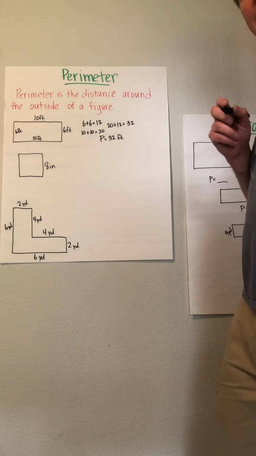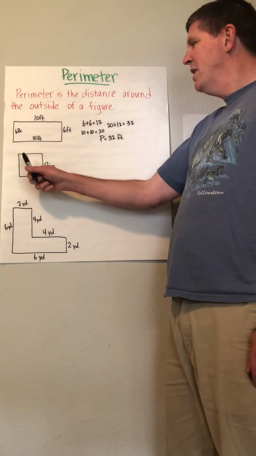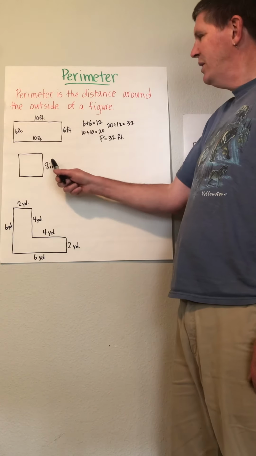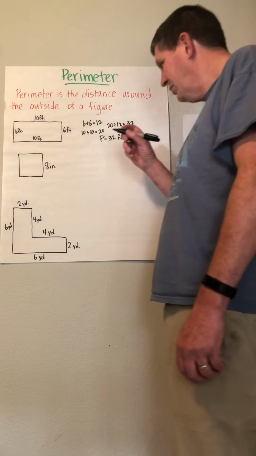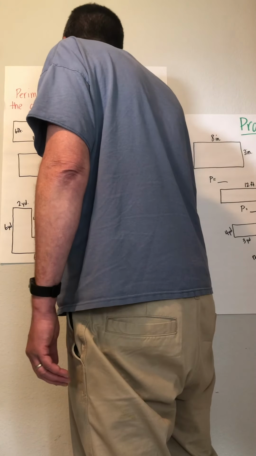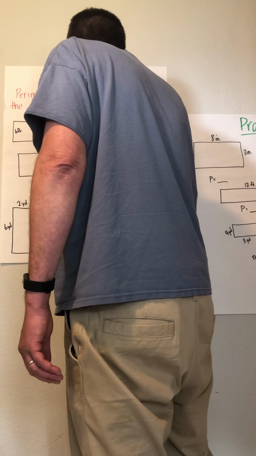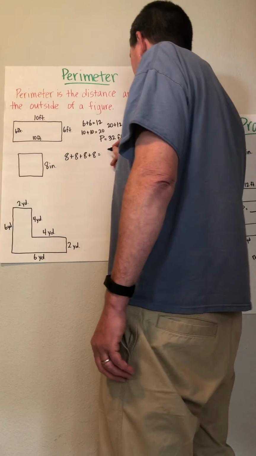All 4 sides are the same. So this side is 8 inches, this side is 8 inches, this side is 8 inches, and this side is 8 inches. So, to figure out the perimeter, I'm going to add 8 plus 8 plus 8 plus 8, and that will equal